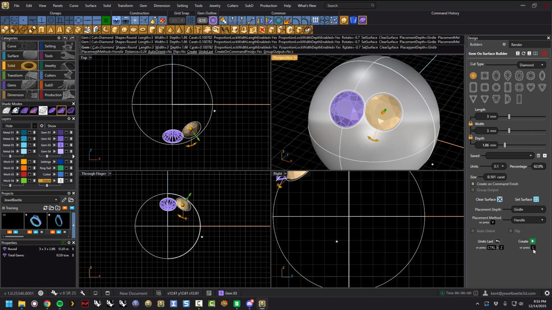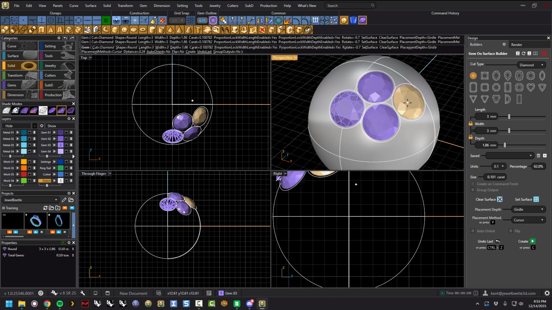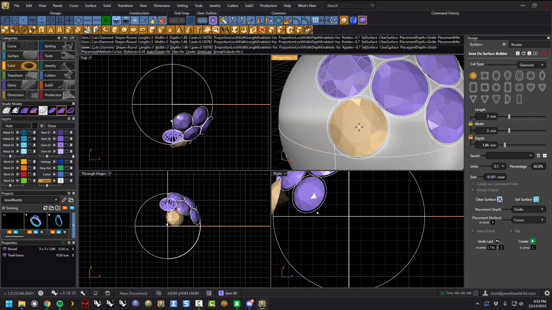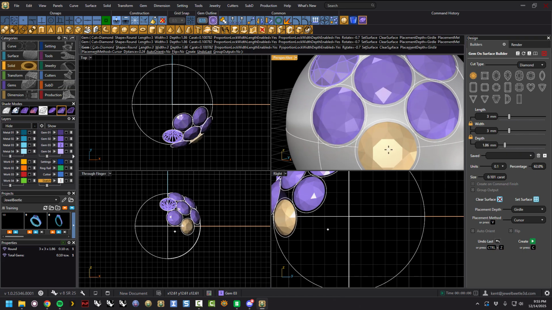moving, create, moving. Now, again, you can press C on your keyboard, but you can switch out of handle mode. You can press V to do this, or you can click here and go to cursor mode. What does that do? Well, wherever I move my cursor with the gem and then left click, it'll drop a gem, okay? And this just makes you much faster. So now I just get my spacing correct here,